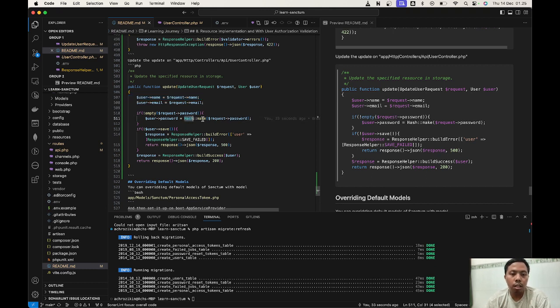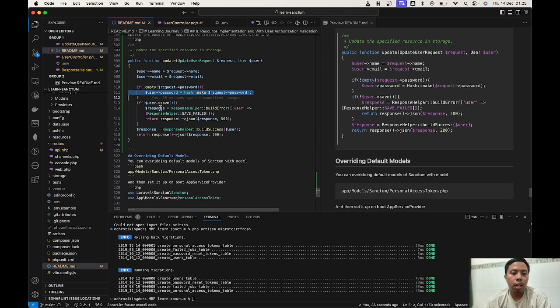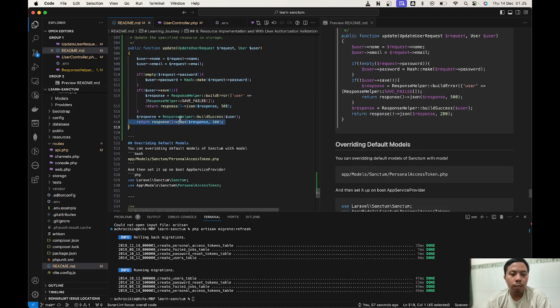Before we change the password, we hash the password first. If the user is saved, good; if the user is not saved, we make an error response and respond with 500, because it must be a server error. And if the user is saved successfully, we respond with the user that we already changed.